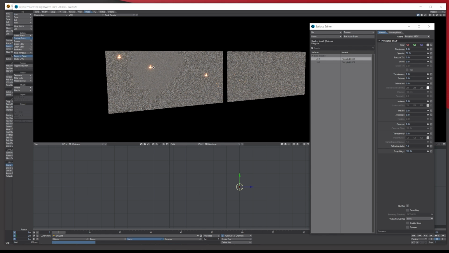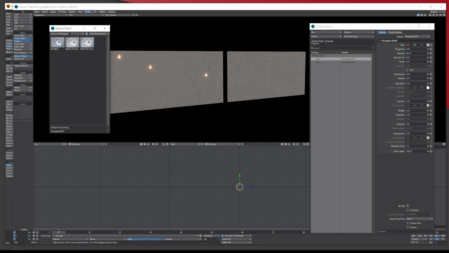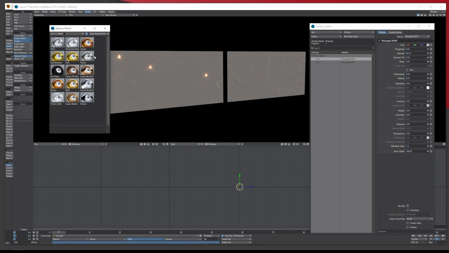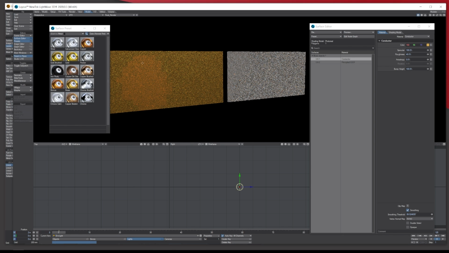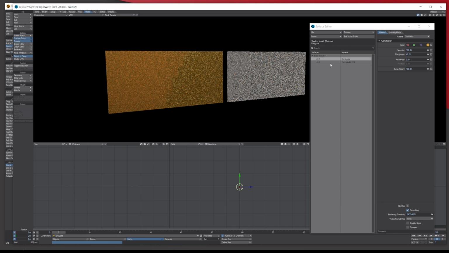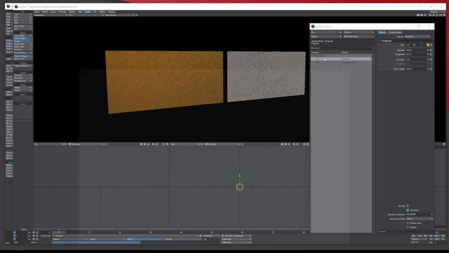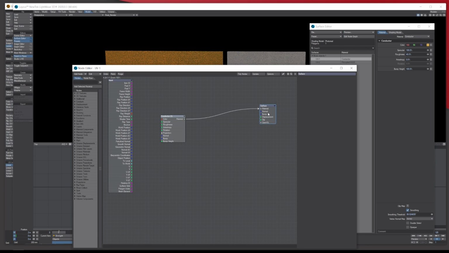So while we're on UV1, we need to go over to presets, and it brings up the preset panel. Go across the drop down, go to metal, and let's choose the brass. Double click it and press yes, so it'll add the brass to this. Then we're going to double click and open up the actual brass nodes, and here we've got it.